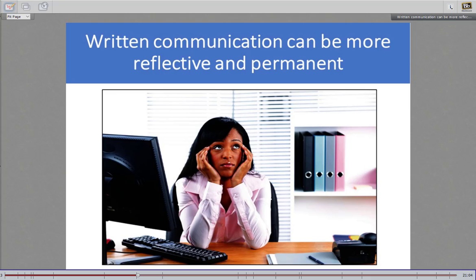So what we can do is see that research has shown that written communication can be equally as connective as face-to-face conversation, and in an educational context it can have the same sort of impact when you're trying to build a community. Not only that, but written communication has an added benefit of being reflective and more permanent. People tend to think about what they're writing more than what they are saying. People tend to just fire off the first thing that comes to mind when they're speaking.